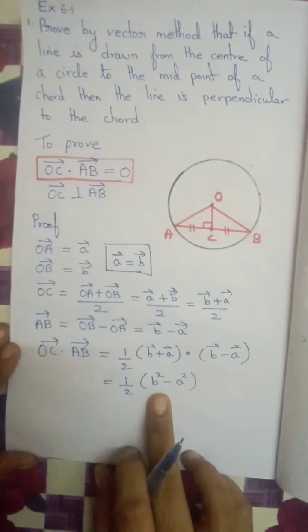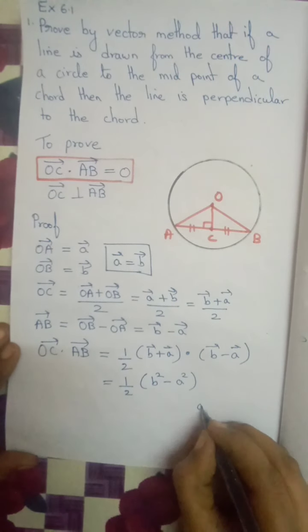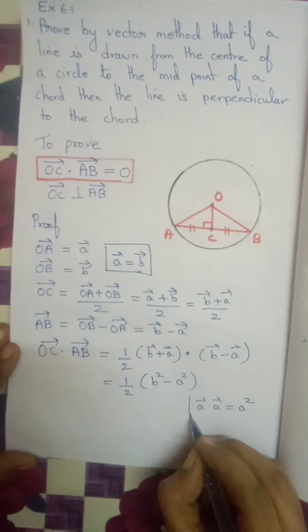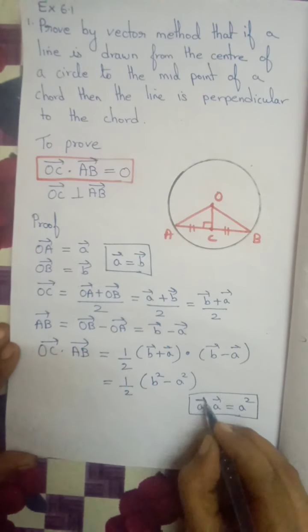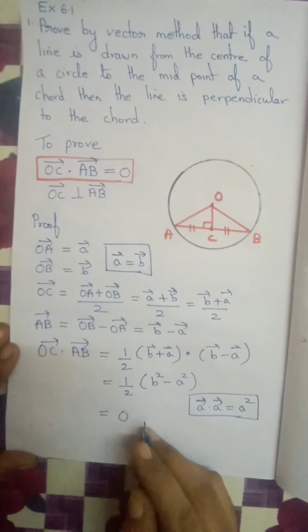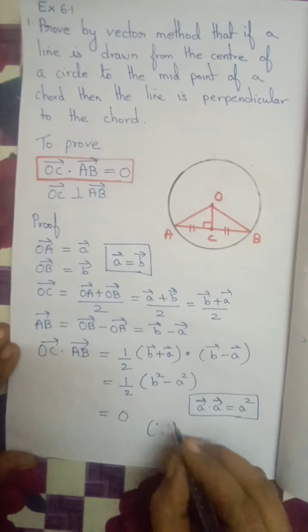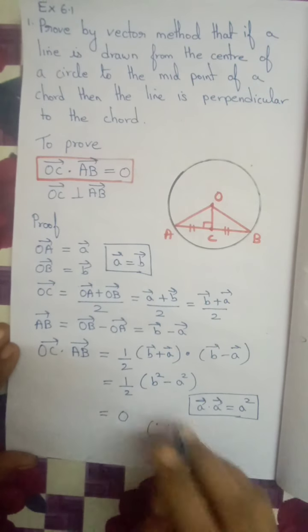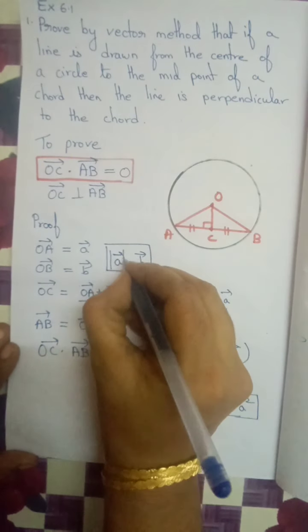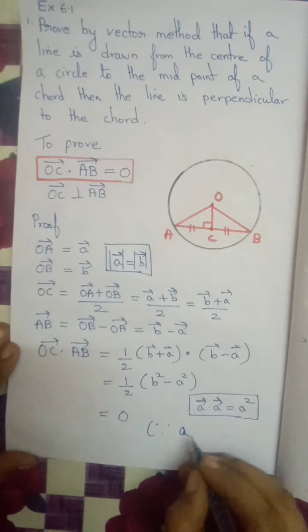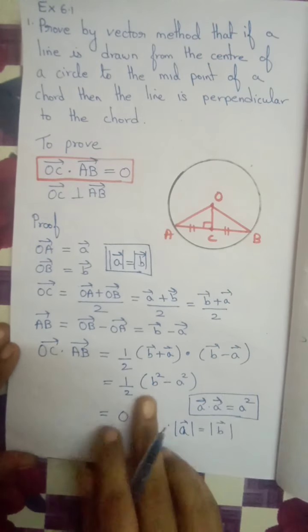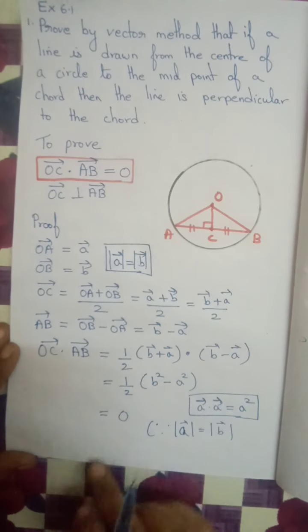You have learned in 11th itself that whenever we have A vector dot A vector, you should write it as A square. So that's why I am not putting the vector arrow mark here. Now this is equal to 0. Why is it equal to 0? Because the magnitudes of A and B are equal. Already we have written that the vectors are not equal, their magnitudes are equal. So both are the same, which means when we subtract we will have 0.